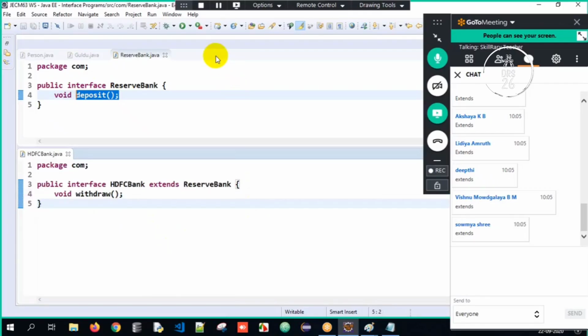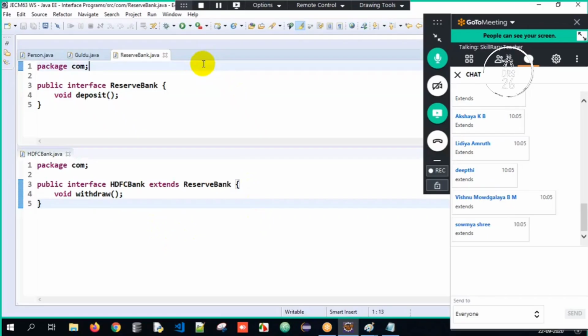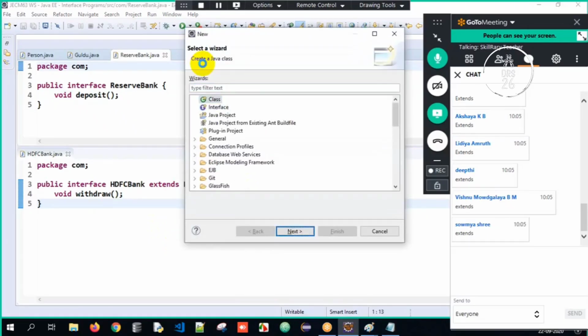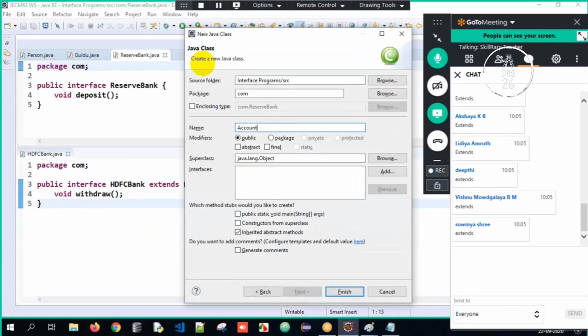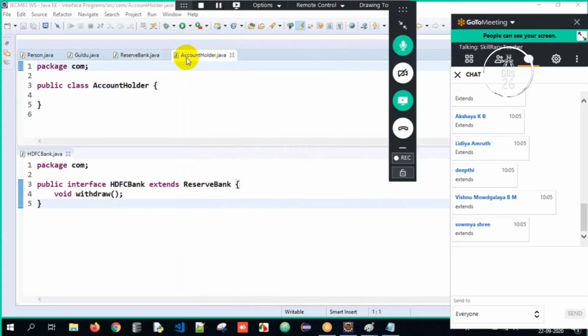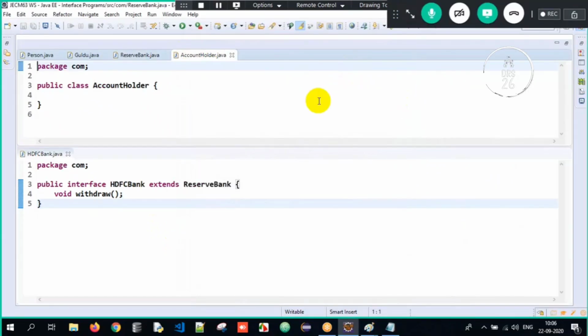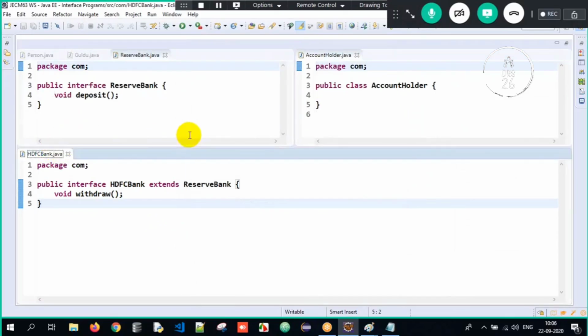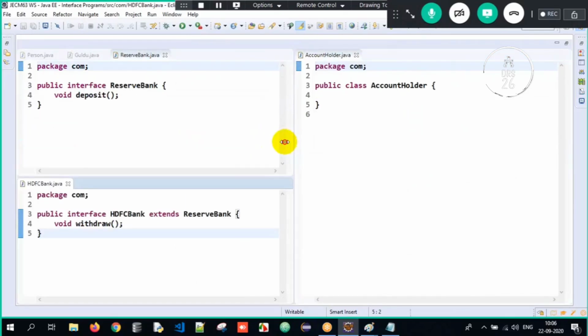Now, we are done with this entire part here. Now I'll have one class called AccountHolder. The class name is AccountHolder here. So now you have to tell me a couple of things. If you give me wrong answers, I'm going to kill you, seriously.